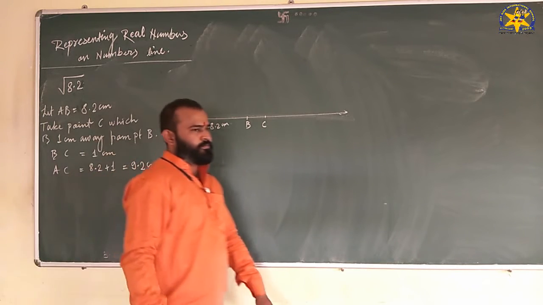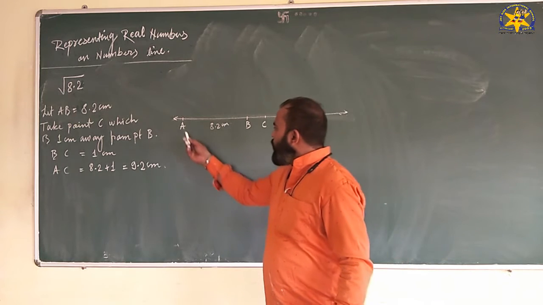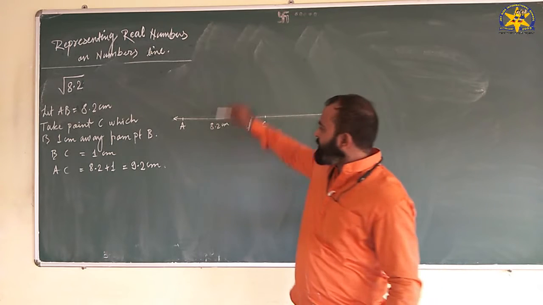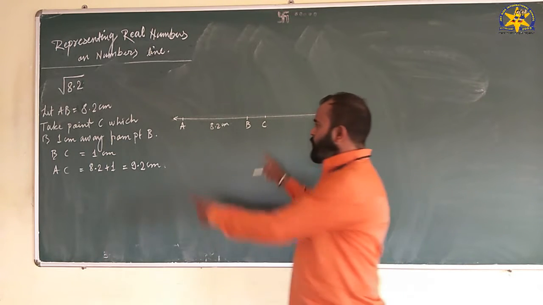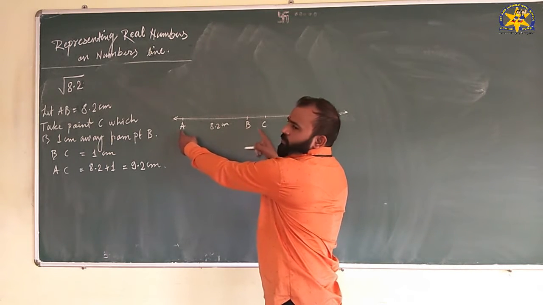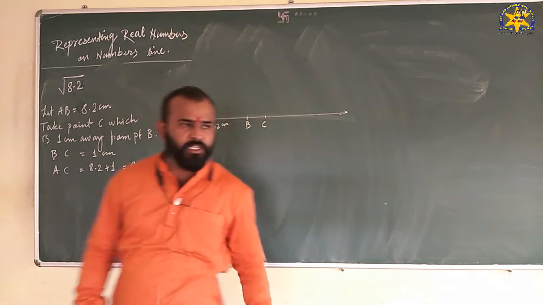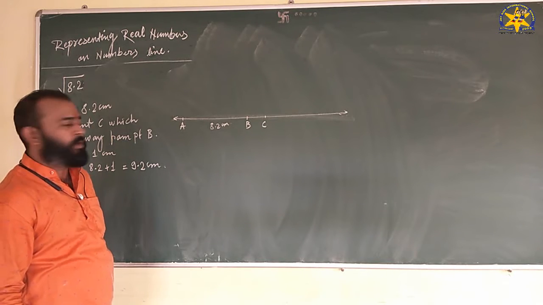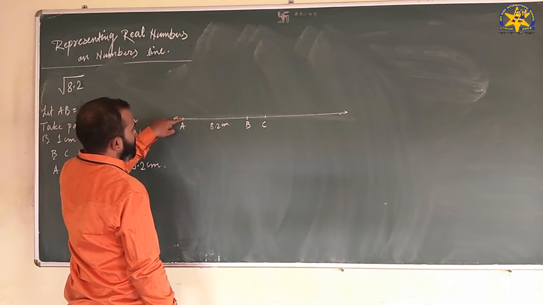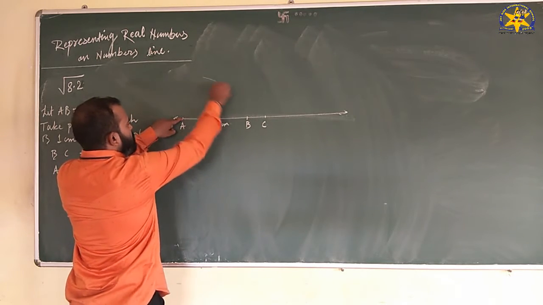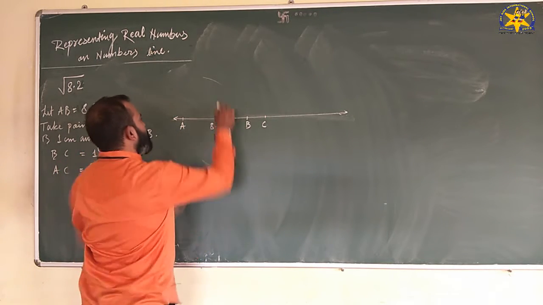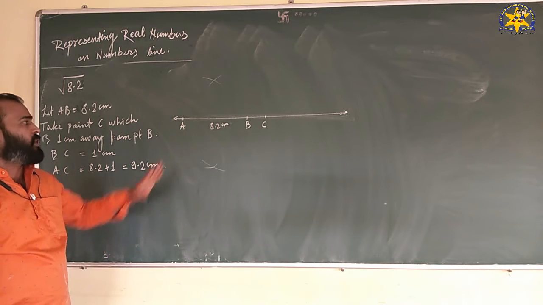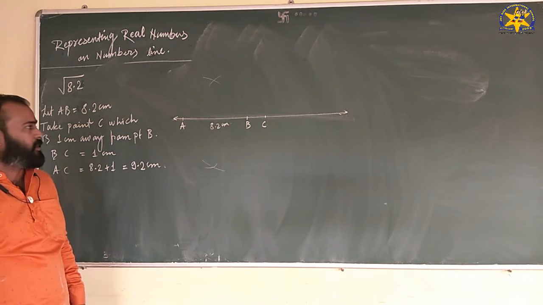Now keep attention. Now what do we have to do? Now draw a perpendicular bisector of AC. और bisect AC. AC को bisect करना है, AB को नहीं. We have to find out the midpoint of AC. For finding out the midpoint of AC, we will draw a perpendicular bisector. You know how to draw a perpendicular bisector? By taking more than half distance. ऐसे, by taking more than half distance from C. Like this we have learned in 6th standard. 6, 7, 8 we have learned the same thing, how to draw a perpendicular bisector.